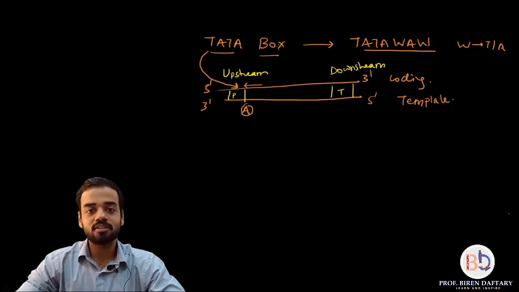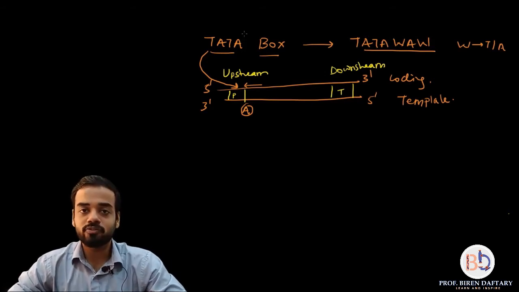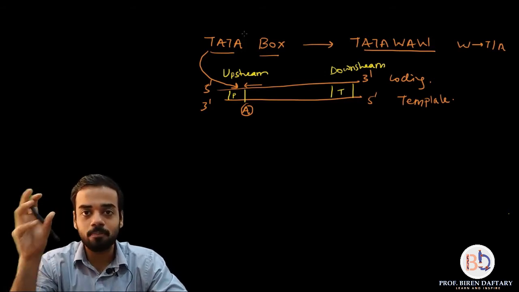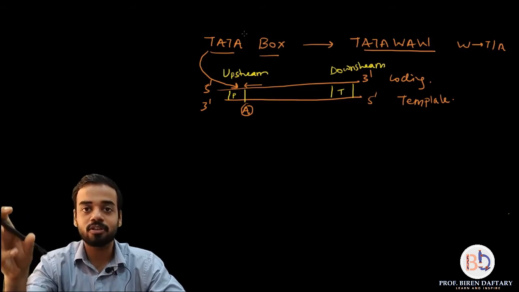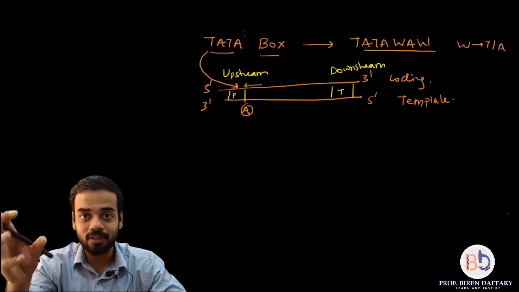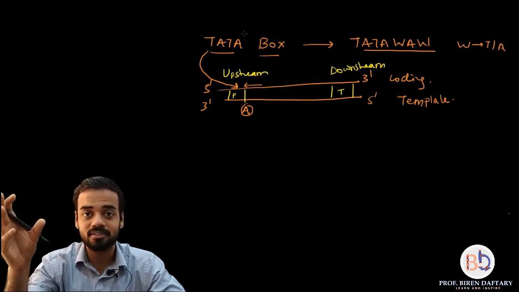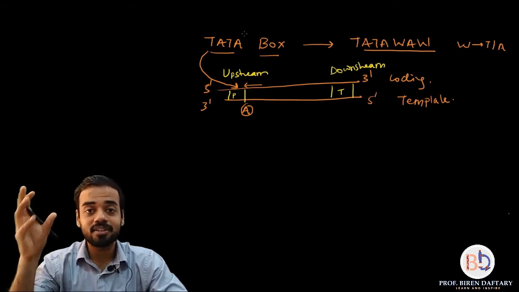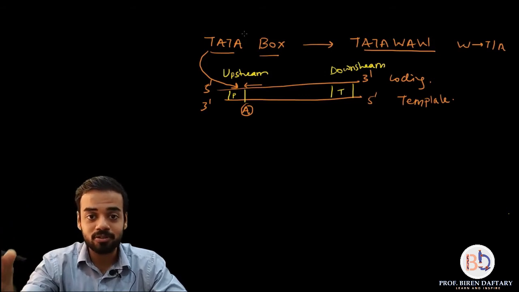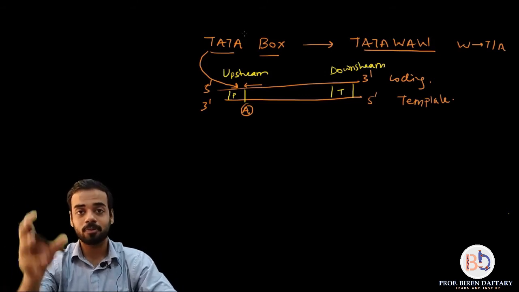Anyway, what is the use of this TATA box? First of all, everybody knows the importance of the promoter region. It is required for the RNA polymerase to bind. The DNA-dependent RNA polymerase binds at the promoter region, and that is where the TATA box plays a very important role, because the TATA box is an important part of the promoter.